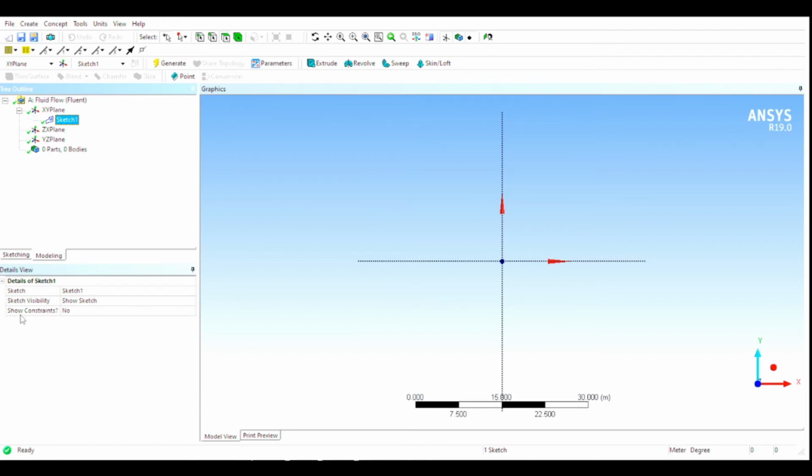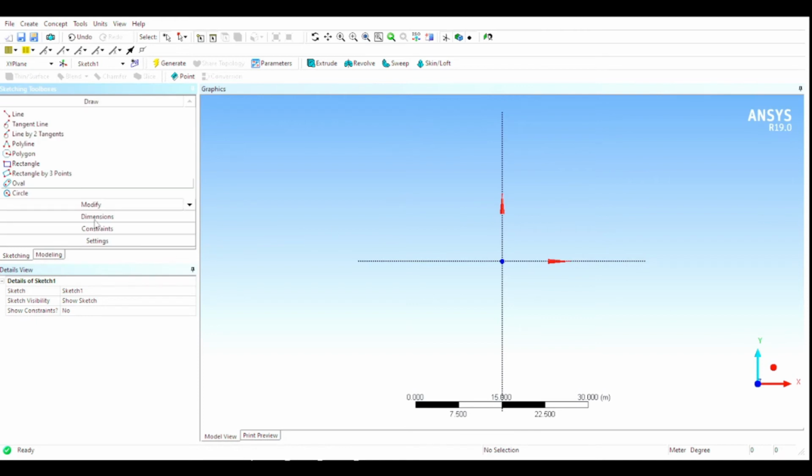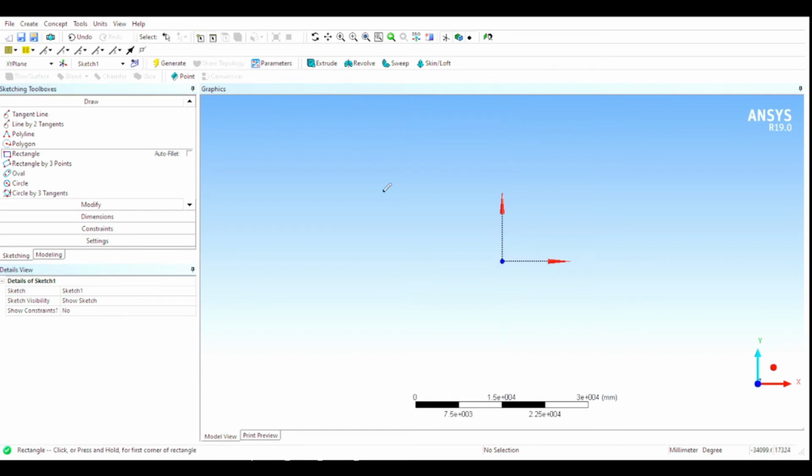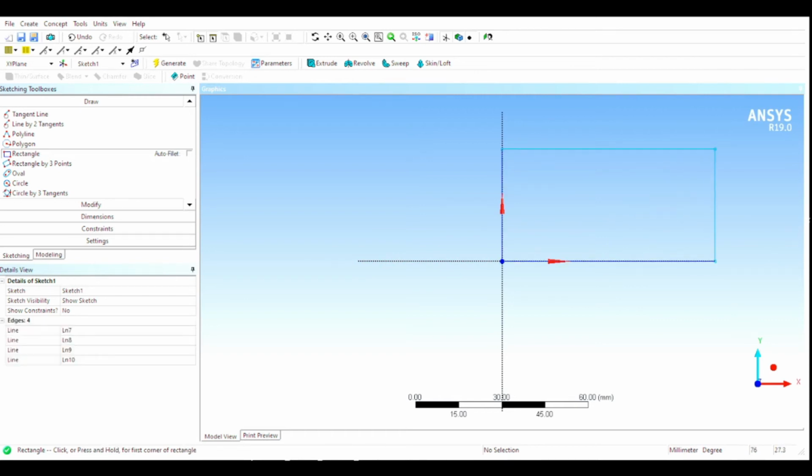And now the new sketch is being generated, and double tap the new sketch. Now we have opened the new sketch, and we need to draw in this new sketch. To begin drawing, double click on the sketching option, and in the sketching option we could select the different types of the shapes available, including rectangle, circle, lines, etc. I am selecting a rectangle, and I have chosen the rectangle and place it at a point on the axis.